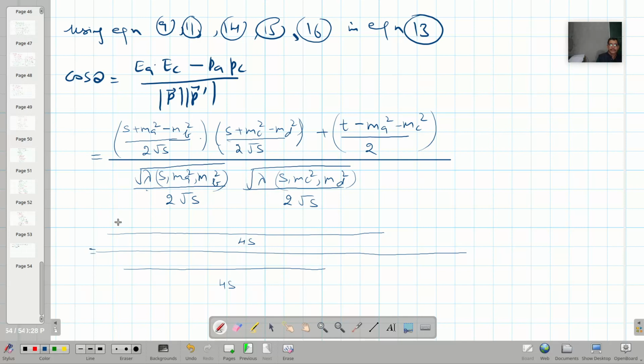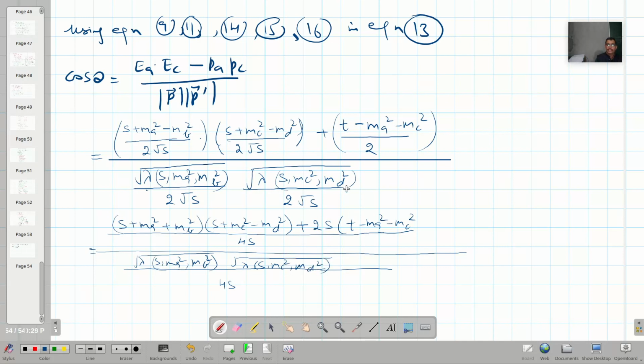And it is (s plus ma square minus mb square)(s plus mc square minus md square) plus 2s into t minus (ma square minus mc square), and whole upon, and in the denominator they will remain as it is: lambda (s, ma square, mb square) whole under the root, lambda (s, mc square, md square), right? So this 4s will cancel out with it,